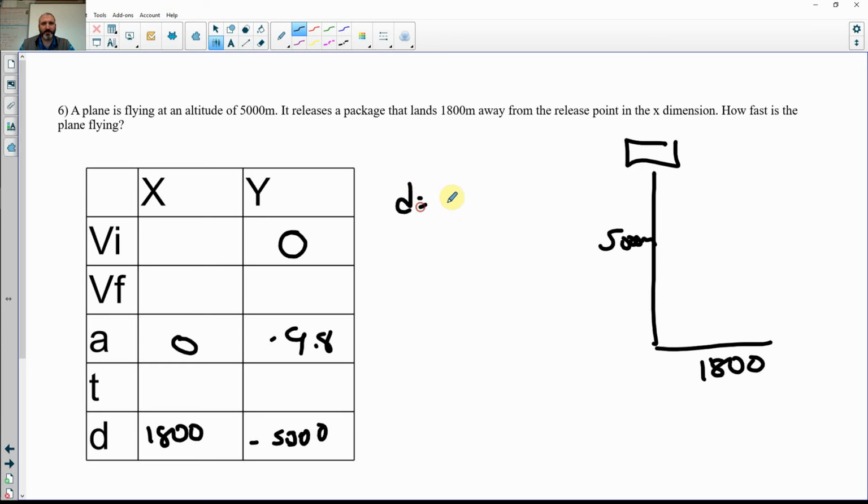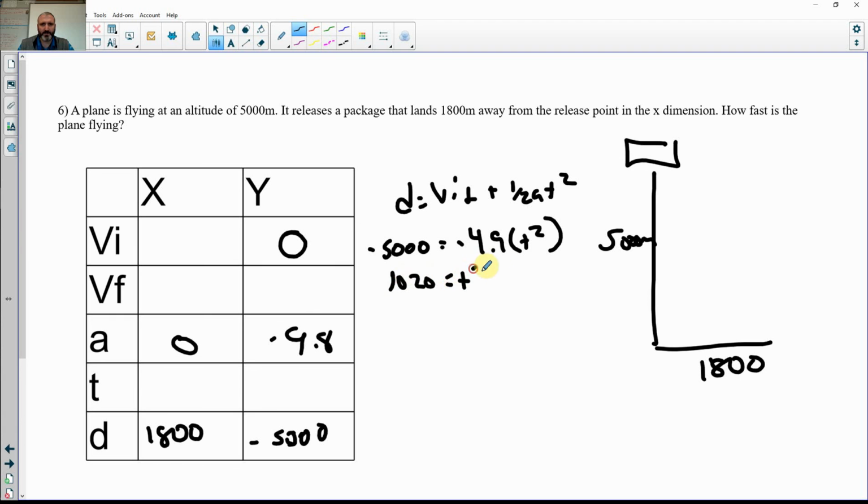Although you could do d equals VIT plus 1/2 AT squared, because VI is 0. This is all going to become 0, so actually let's do it. So d is going to be negative 5,000 equals VI, which is 0 times t, which is still 0, plus 1/2 of negative 9.8, which is negative 4.9 t squared. So let's do negative 5,000 divided by negative 4.9. We will get 1,020 equals t squared, but I don't want t squared, I want t. So we'll take the square root of 1,020. We should get